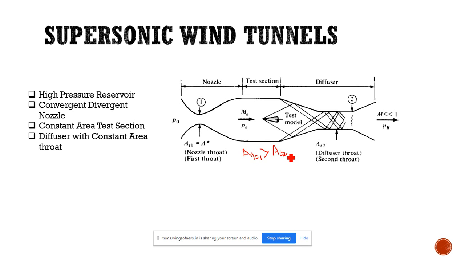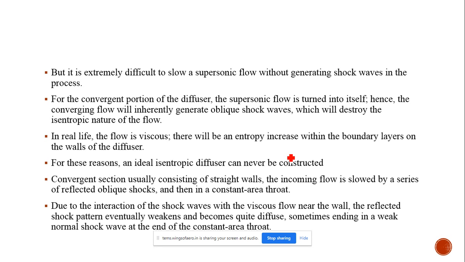Anyone, any idea? Suppose we are designing this type of diffuser, then automatically the flow will get choked. So there won't be any mass flow reaching after the diffuser, and the flow velocity won't decrease. That's why we are using this type of area ratio, so that we will have an exit flow throughout the exit.